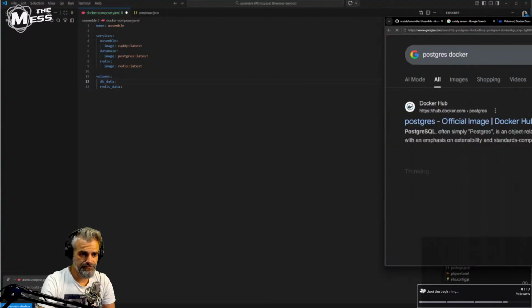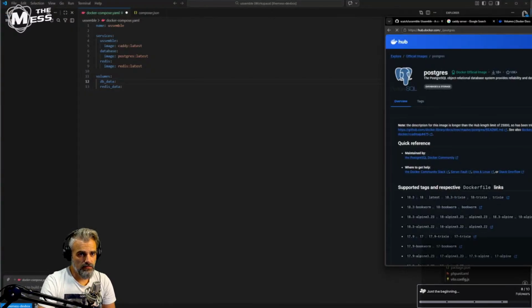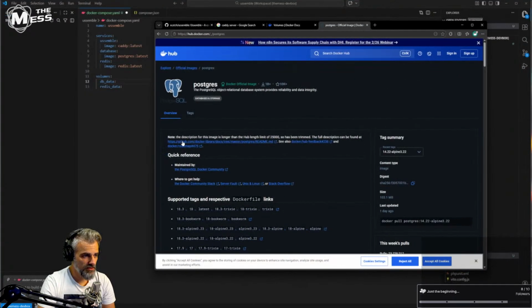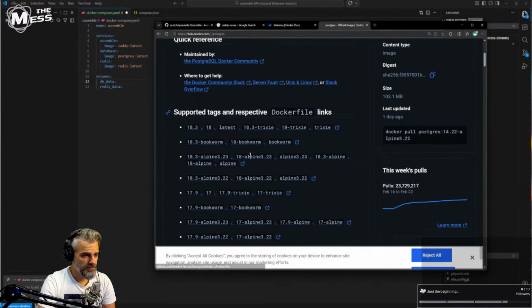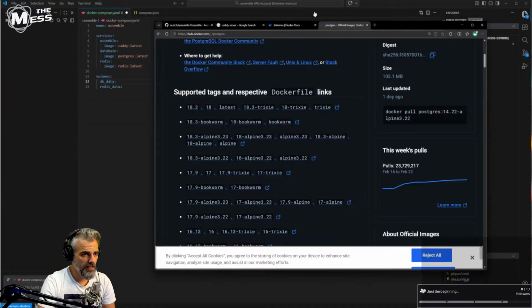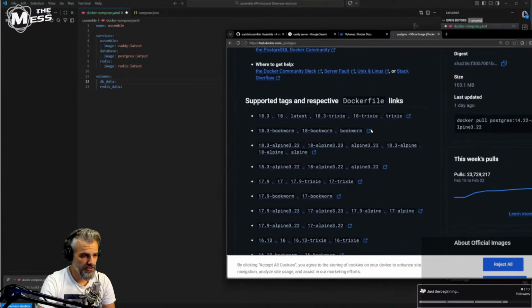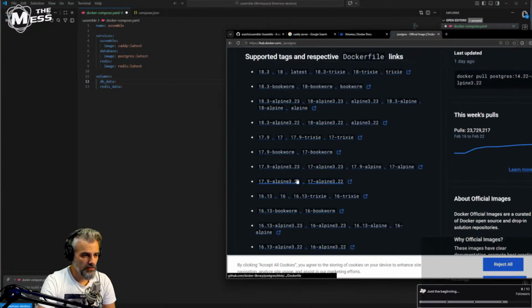Postgres Docker. We'll look up the official image. Supported tags. So I have no idea what version of the database we're using here, but I think what I might do is stick with